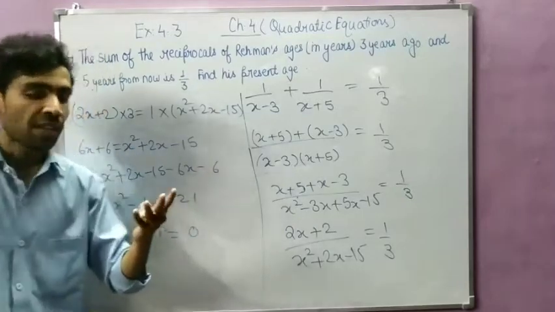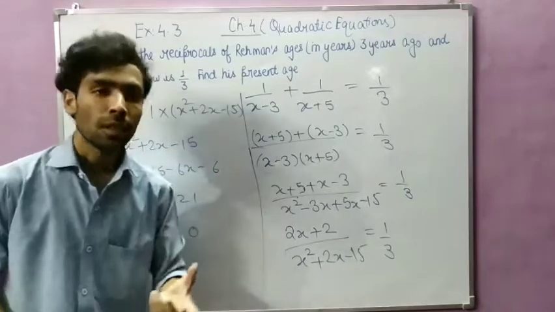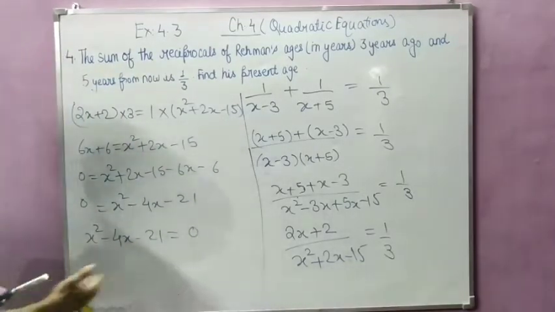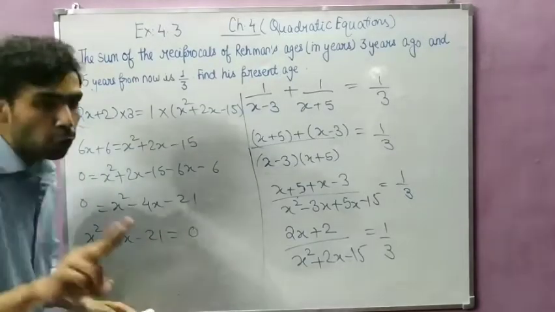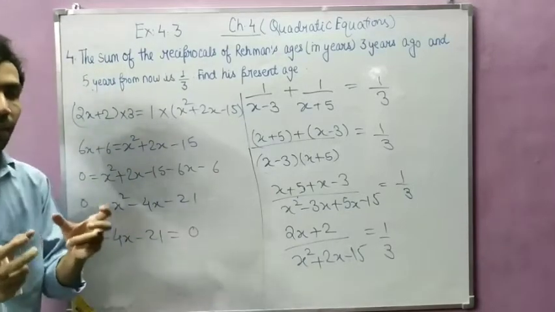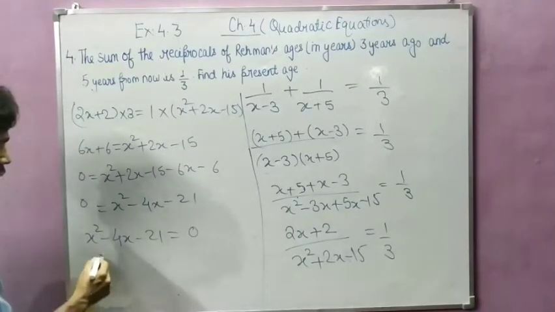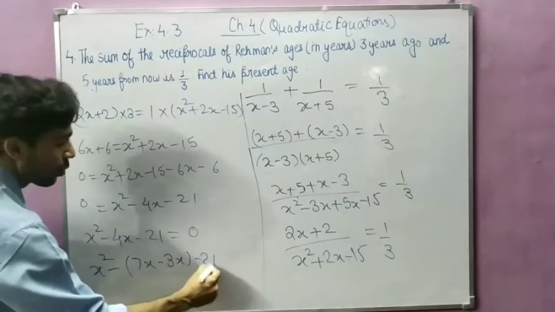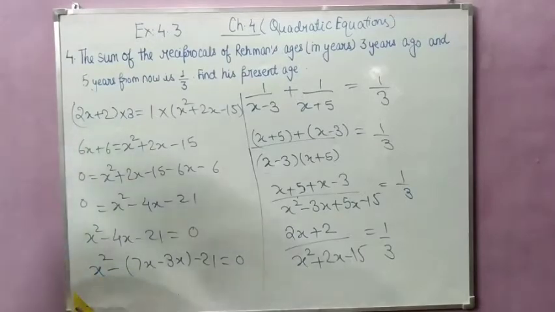So this quadratic equation you can solve by any of the methods. The three methods are factorization method, completing the square method, and quadratic formula method. So I am using factorization method because it can factorize. When it will factorize, see 1 into 21, 21, and I have to take 2 factors of 21 such that, because minus is here, when we subtract these 2 factors, we will get 4. So it can be written as x square minus 7x plus 3x minus 21 equal to 0. This you can understand by factorization.